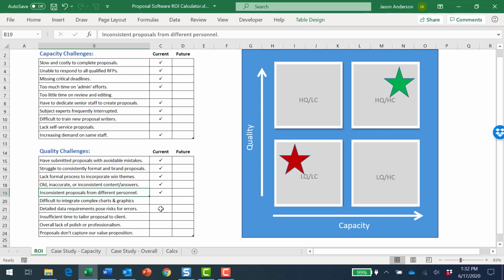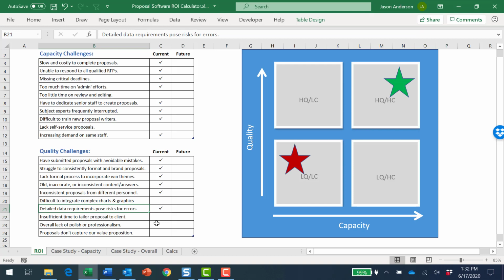Maybe we do a good job at that, and maybe we have a lot of... this is a real common challenge actually, where we have a lot of really data-centric elements to our proposals, and we might not be making 1,000 errors here, but a few errors in these data-driven proposals. Not just any one industry, but certainly financial organizations are a big common challenge for this, where they have a lot of metrics and dollars and up-to-the-minute stats and data elements that need to be incorporated into their proposals that create a real risk and a real problem to keep consistency and accuracy.